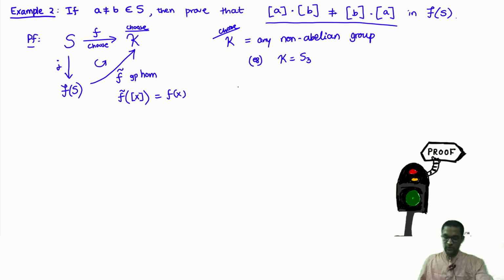Okay, now I need to define my map F. So to define my map F, let me pick the following. I will pick two auxiliary elements. So I have a non-abelian group K. Now let me pick two elements A and B from this group K. Let A, B belong to this group K, be non-commuting, be such that AB is not equal to BA. So I have picked a group S3, and now I have to pick two non-commuting elements from this group. So let me pick them as follows.